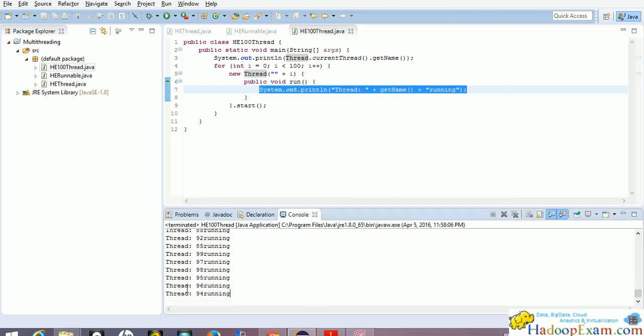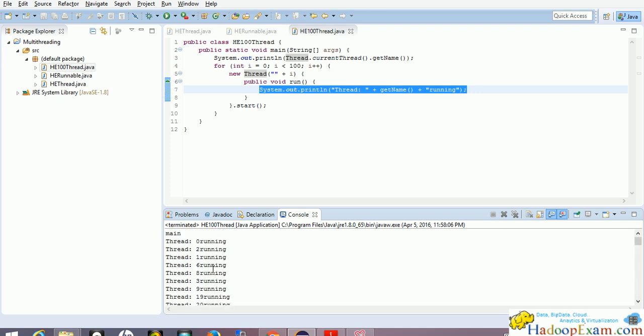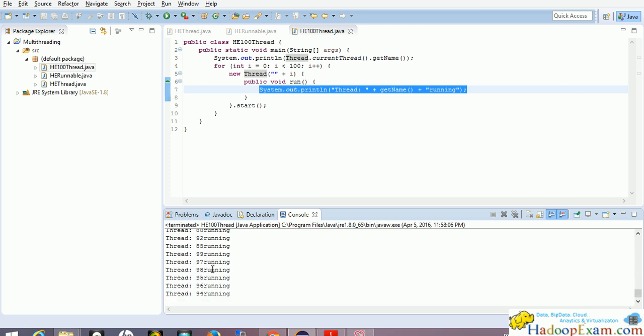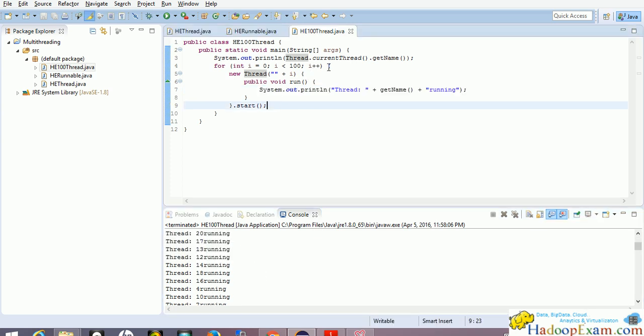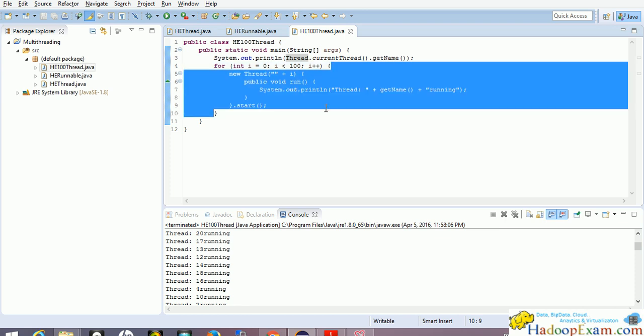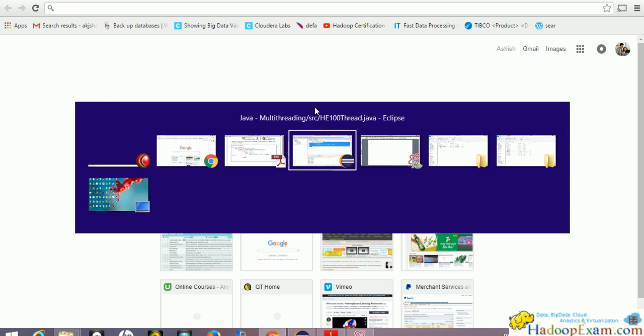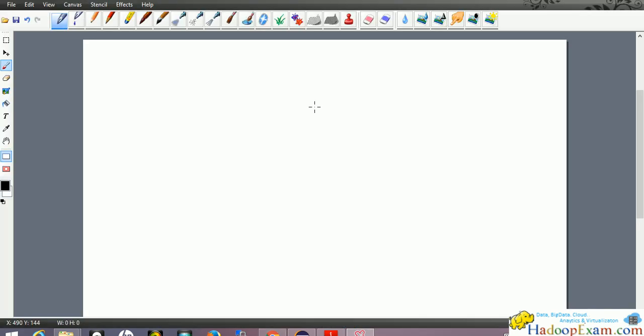You can see this is not in order, correct, 94, 96, 98. My machine is a multi-CPU machine, so it can run my threads in any order, because we have not predefined an order. So this is a for loop, and threads are created, and any thread can execute before. In the for loop every iteration will create a thread, because the main thread created instances of the 100 threads. So this is my main thread, correct. Inside this, the for loop creates hundreds of threads.